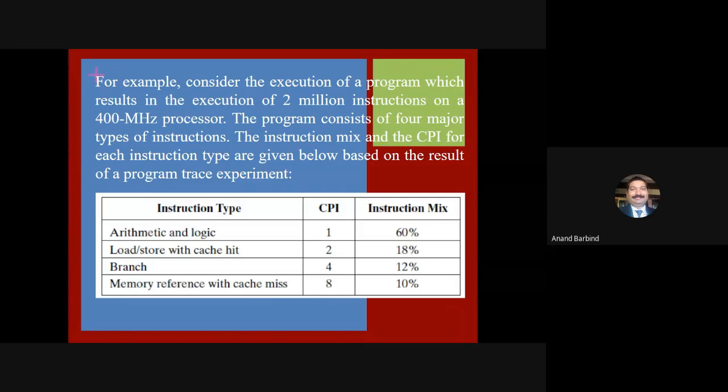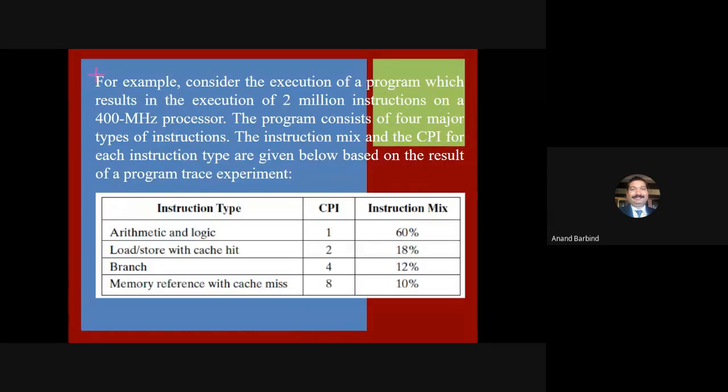Whereas 400 megahertz is the frequency at which that particular processor is executing, the clock frequency or system frequency. So your F is 400 into 10 to the power 6, that is hertz,